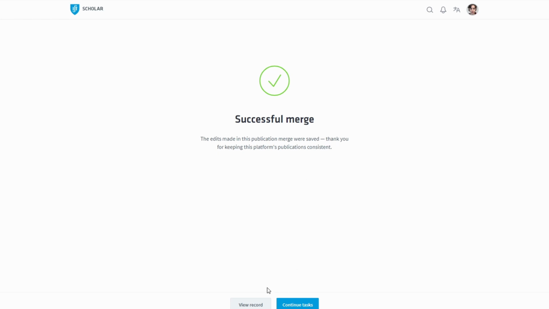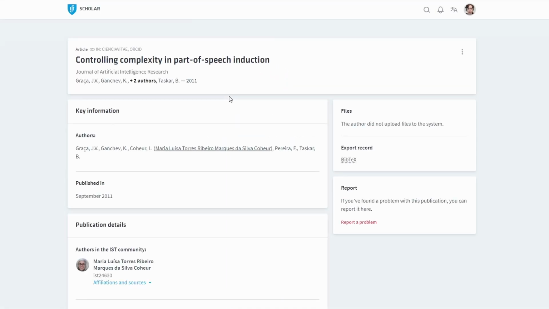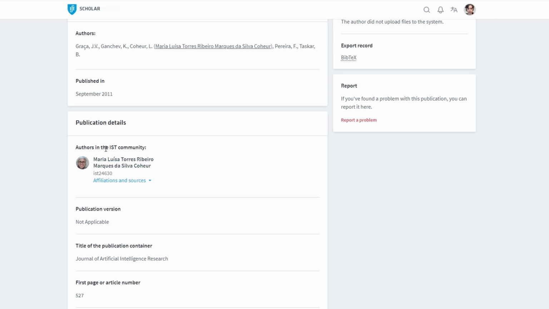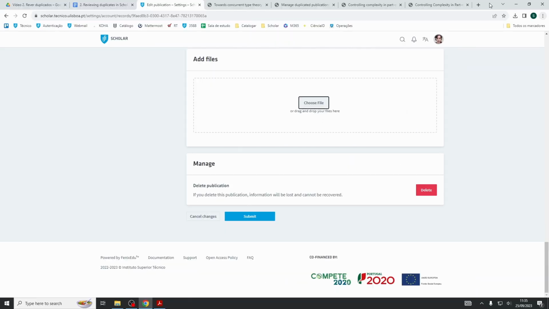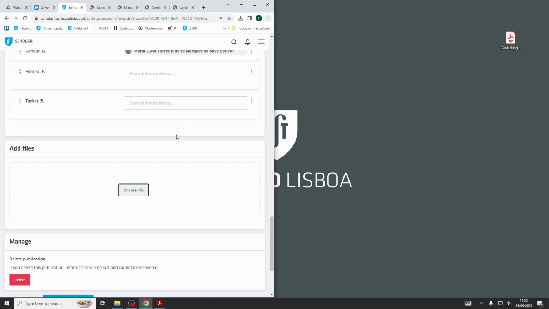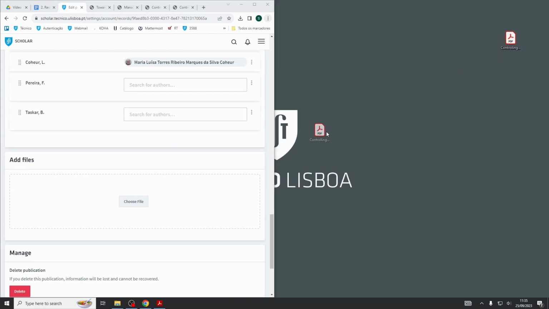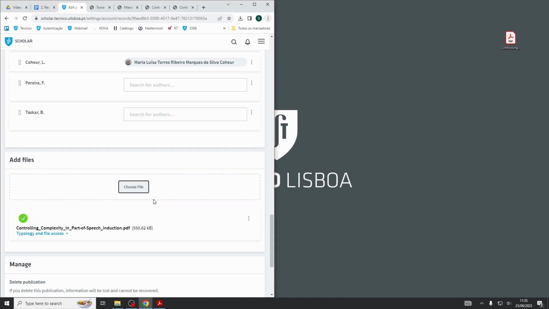But if we want, we can see how the publication turned out. We check a single publication that has the association of both records filled in, and we see the affiliation of Maria Luisa. We have all the metadata here. Then we can edit the record and insert the file.